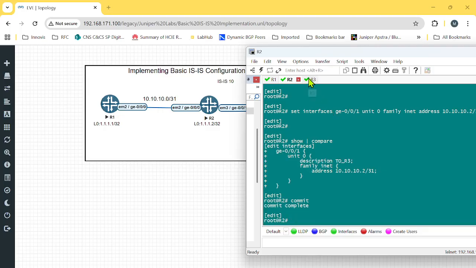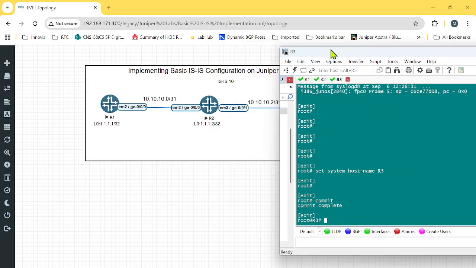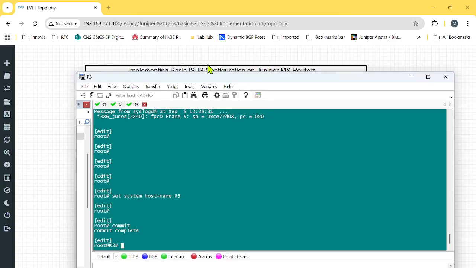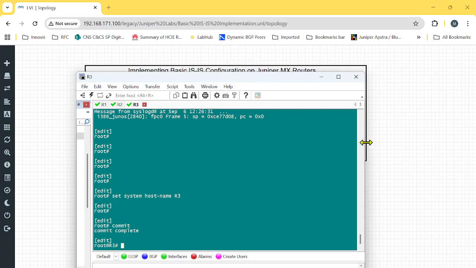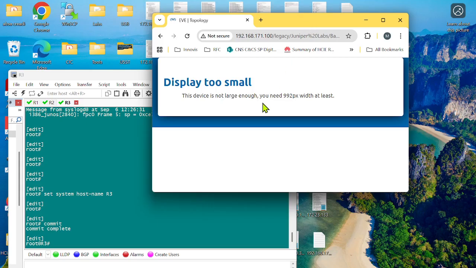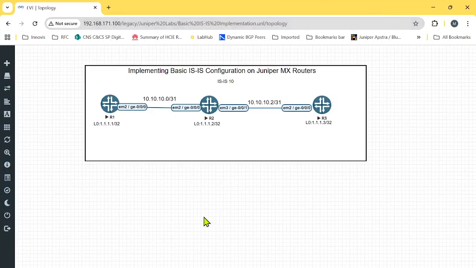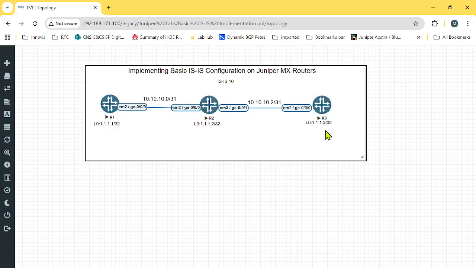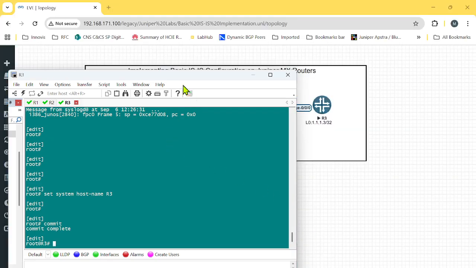And then we need to configure R3. For R3, you can see that the IP address is 10.10.10.3, this one will be 2.2.3. Then this one will be 1.1.1.3 for the loopback interface. So I'll do those configurations